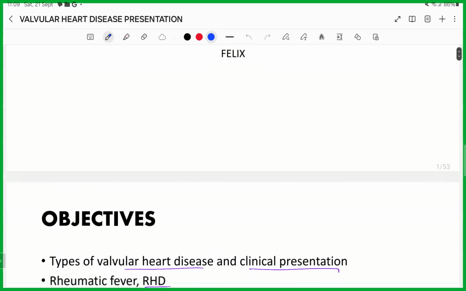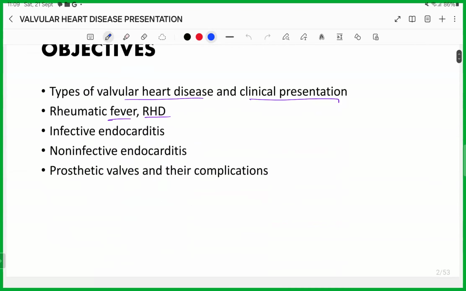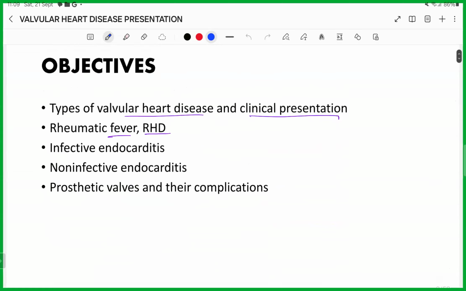What we'll be going through are the different types of valvular heart diseases, how they present clinically, their etiology, pathophysiology, and just in a pretty simple way because it's a really wide topic. So trying to summarize it, as well as rheumatic fever, infective endocarditis, non-infective endocarditis, and just a small slide on